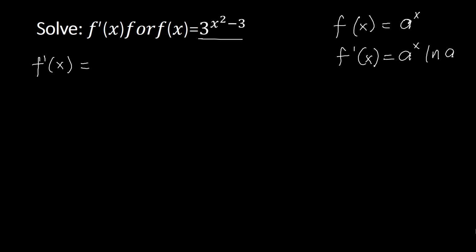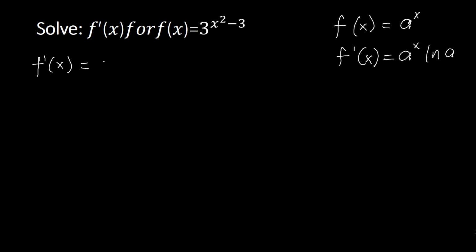So following that format, we've noticed that the exponent here is not only one term, but it contains another function. So that means to say, what we are going to do is the chain rule. So how to do the chain rule here? First, we are going to follow the format because this is an exponential function. We follow the exponential function format in getting the derivative. So we have first our a to the power of x. This will be considered,